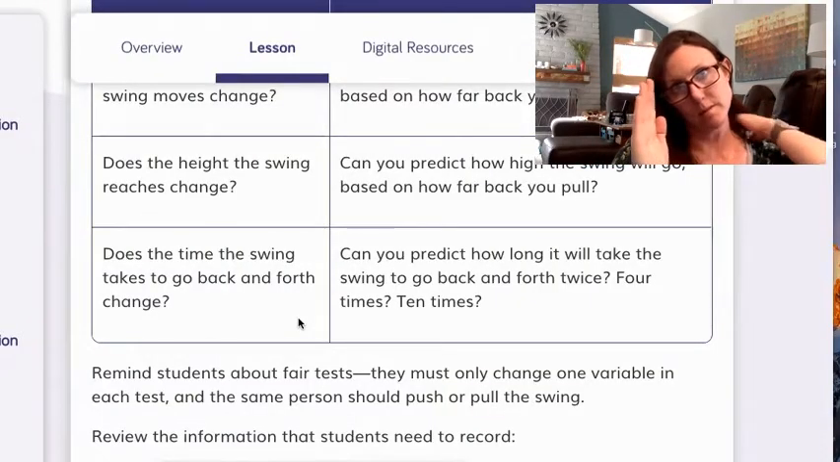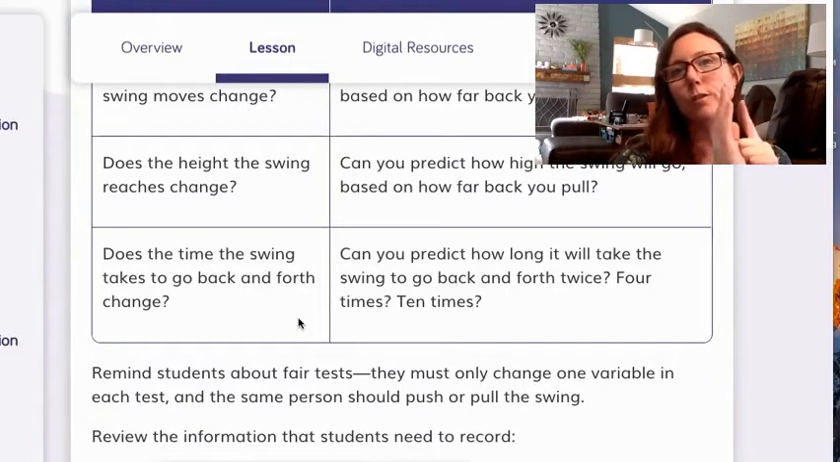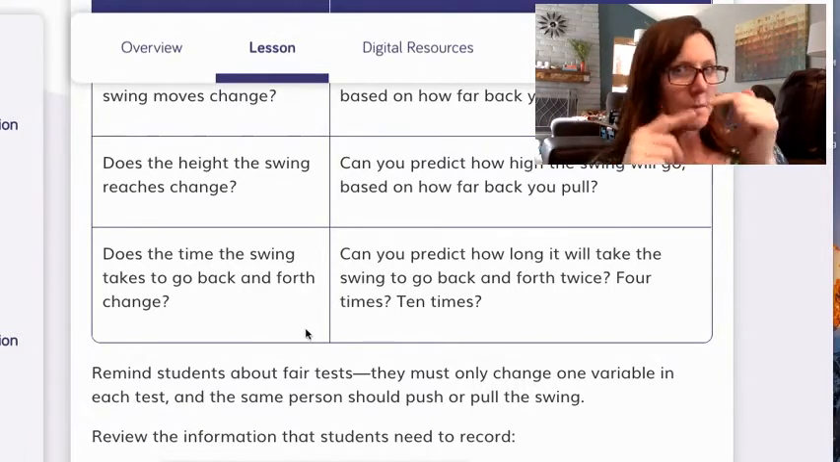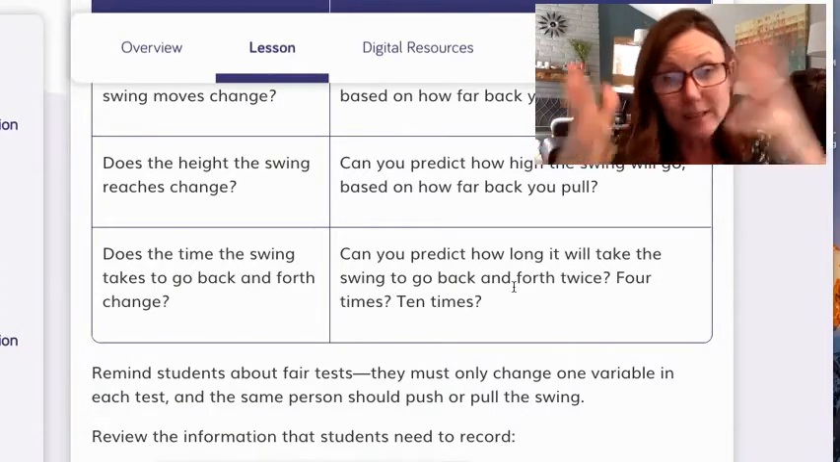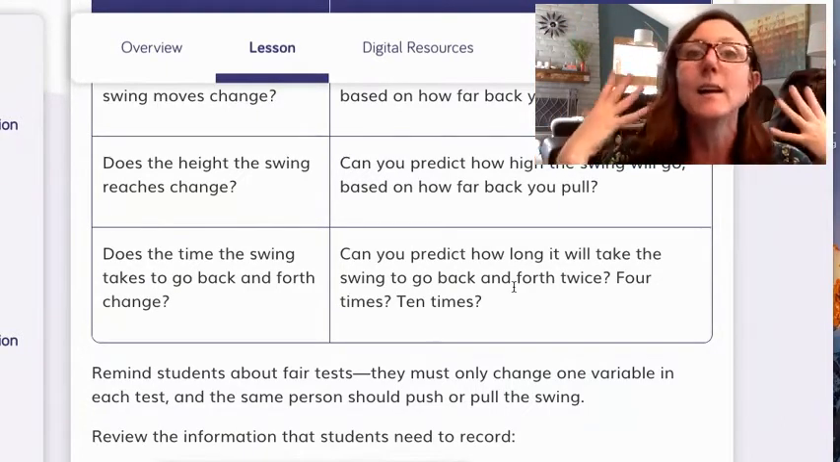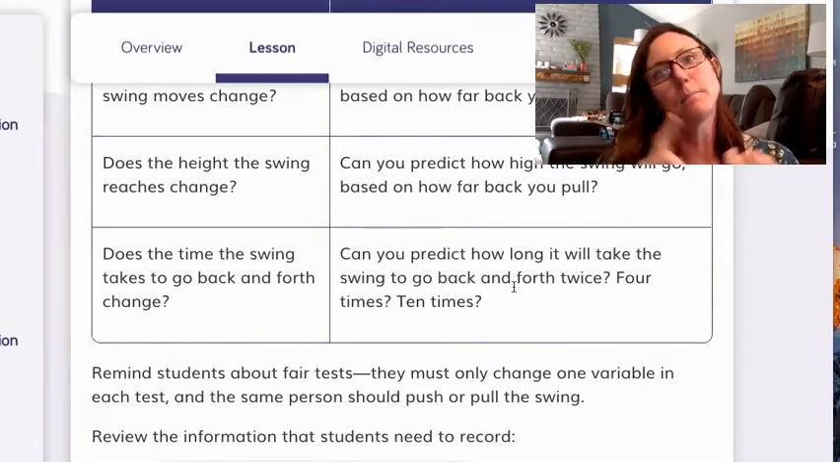So maybe you can notice. And there's kind of a cool suggestion here. Can you predict how long it will take the swing to go back and forth 2 times? And then see what'll happen if you do it back and forth 4 times. Do you think there might be a pattern to that? That's exactly what we're investigating, right? Yes, try it, see. The whole purpose of this activity is to see, can you predict motion